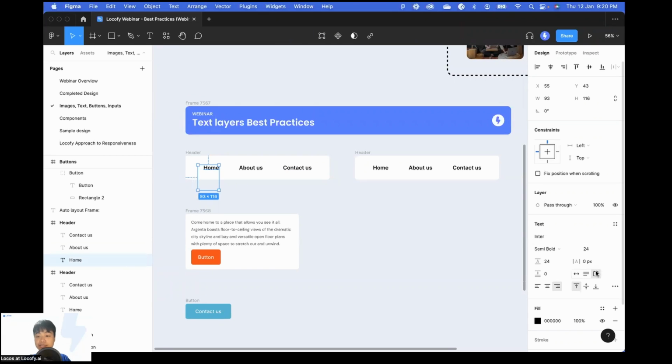However, due to the fixed size over here, you can see that the bounds of this text layer is actually not exactly where the visual part of the text is. So it's not actually hugging the text. Now, this is not something that you would typically do, but what I've noticed is that sometimes you might,